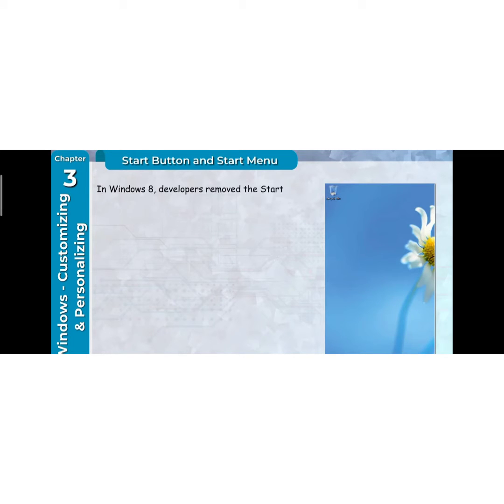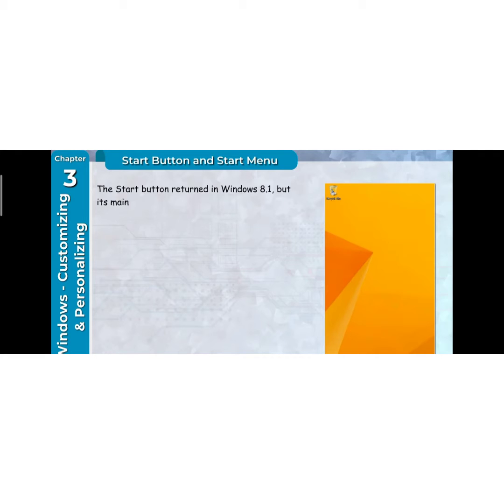In Windows 8, developers removed the Start button and Start menu, replacing them with a Start screen filled with live tiles. The Start button returned in Windows 8.1, but its main function was to provide access to the Start screen only. Now, on popular demand, the Start button and Start menu return in Windows 10.